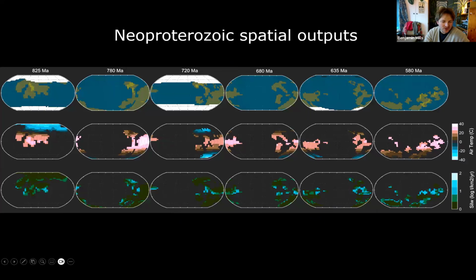And finally, just a little look through some of the climate snapshots. I don't have time to make a video for this. I'm sorry, I am going to make one. Again, some of this is okay, some of it is less okay. We do get some glaciation about 720, which is nice because that's the thing that happens. We have a warm climate beforehand, but unfortunately we do predict a very cold Tonian period, which doesn't seem consistent with the record. These are our continental temperatures over time, again showing cold when it's glaciated, and these are our continental silicate weathering rates, showing a little bit of enhancement of weathering with these low latitude microcontinents, but not enough to drive the glaciation, it seems, by itself.